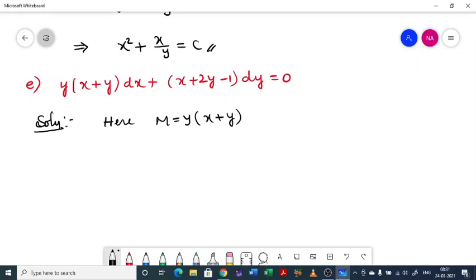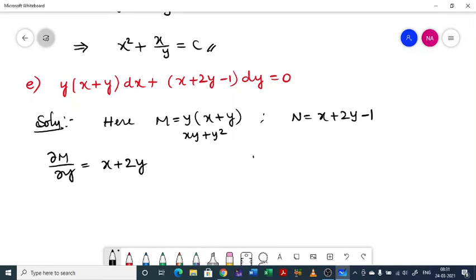Obviously, since y into x plus y is given, maybe the difference will be close to m. You can guess here only. And n equal to x plus 2y minus 1. Now dou m by dou y. We can write this as xy plus y square, right? So dou m by dou y is x plus 2y. Dou n by dou x